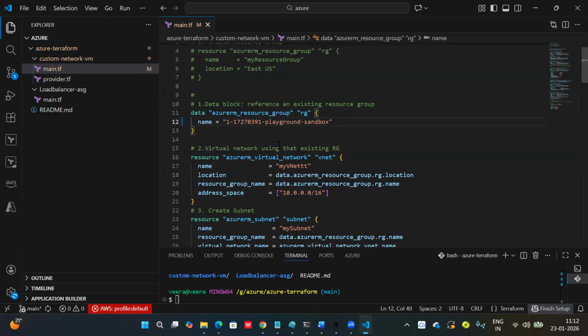Clear na? Now data block. See, Terraform concepts are same everywhere. So data block there we call AWS resources. This data block called Azure resources. Okay. Now